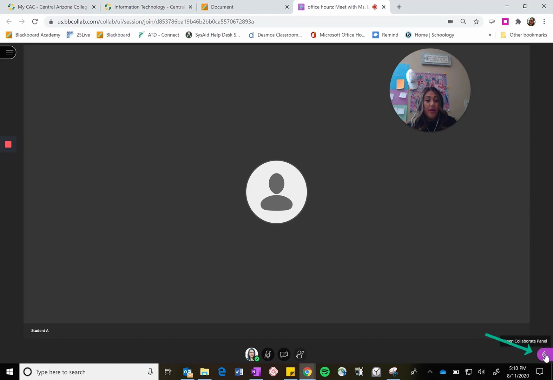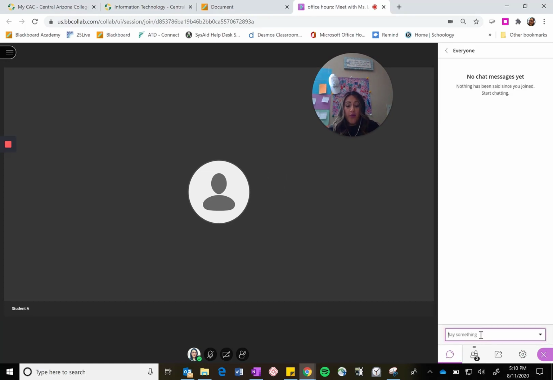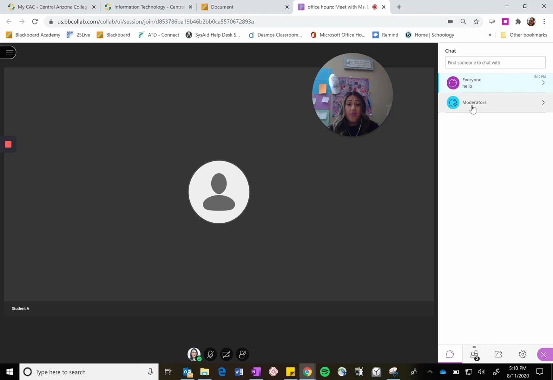Down here you'll see your collaborative panel. The first thing you see is this little bubble with the chat box, so you're able to have chats in here. You can send a chat to everyone. If you send it to everyone, everyone in the session will see the chat. If you go back, you can also have the option to message the moderators, whoever is in charge of